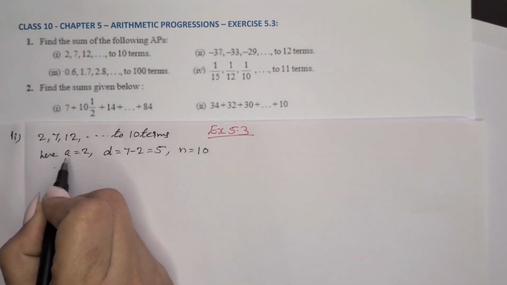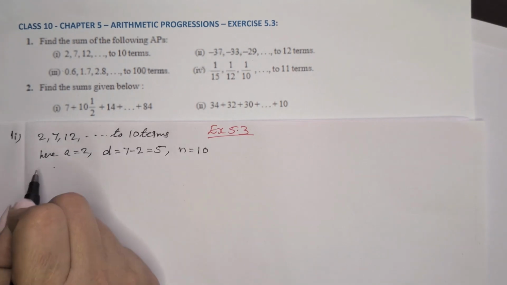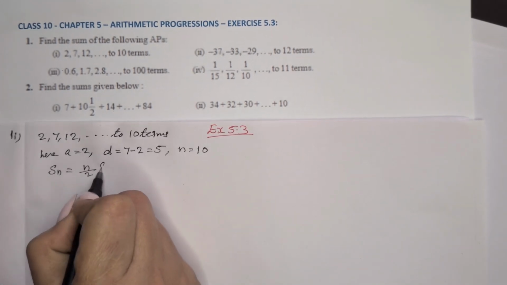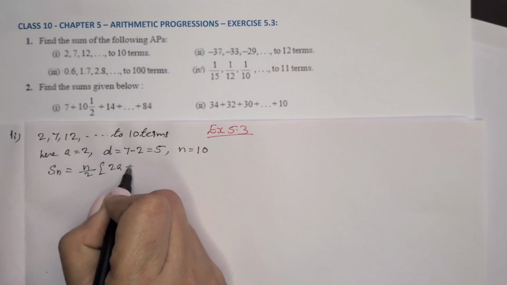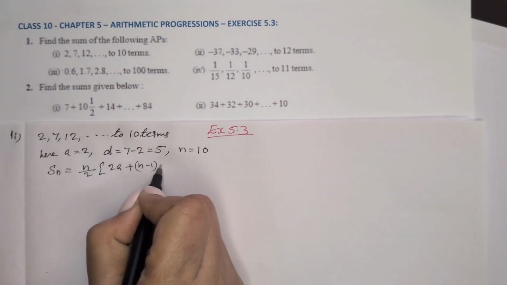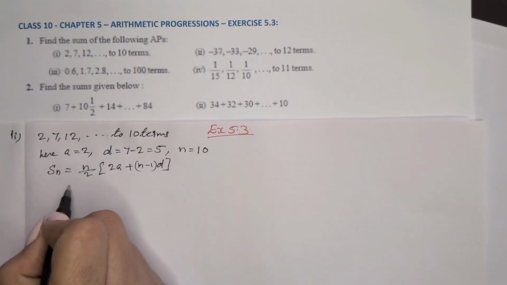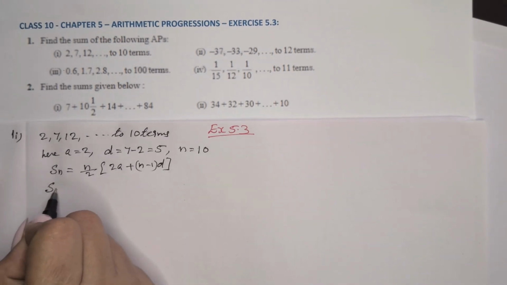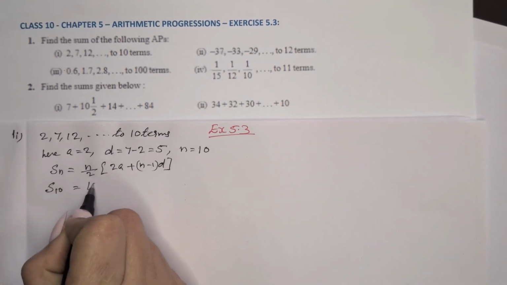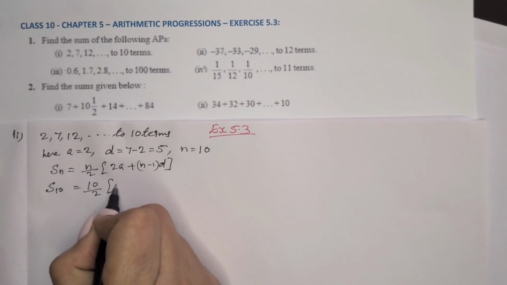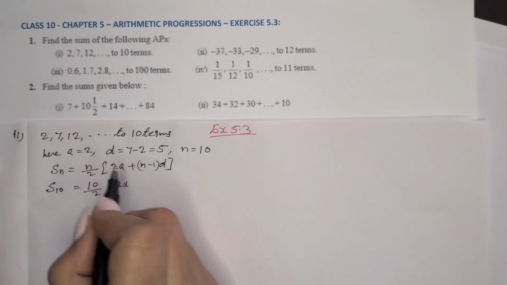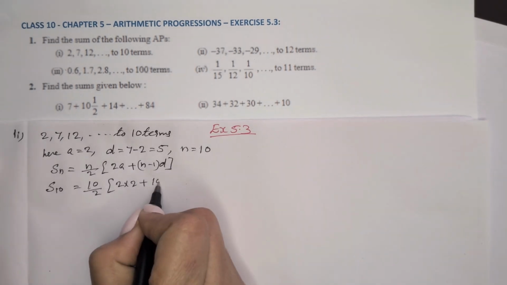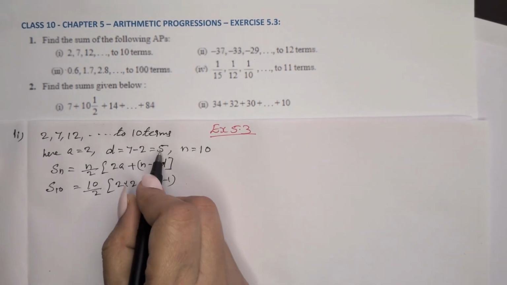Then the sum of the first 10 terms. So Sn. The formula: Sn is equal to n by 2 into 2a plus n minus 1 into d. Here we can put the values. Sn, n is equal to 10. So S10 is equal to 10 by 2 into 2 into a, which is 2, the first term, plus n is 10, 10 minus 1 into d, which is 5,